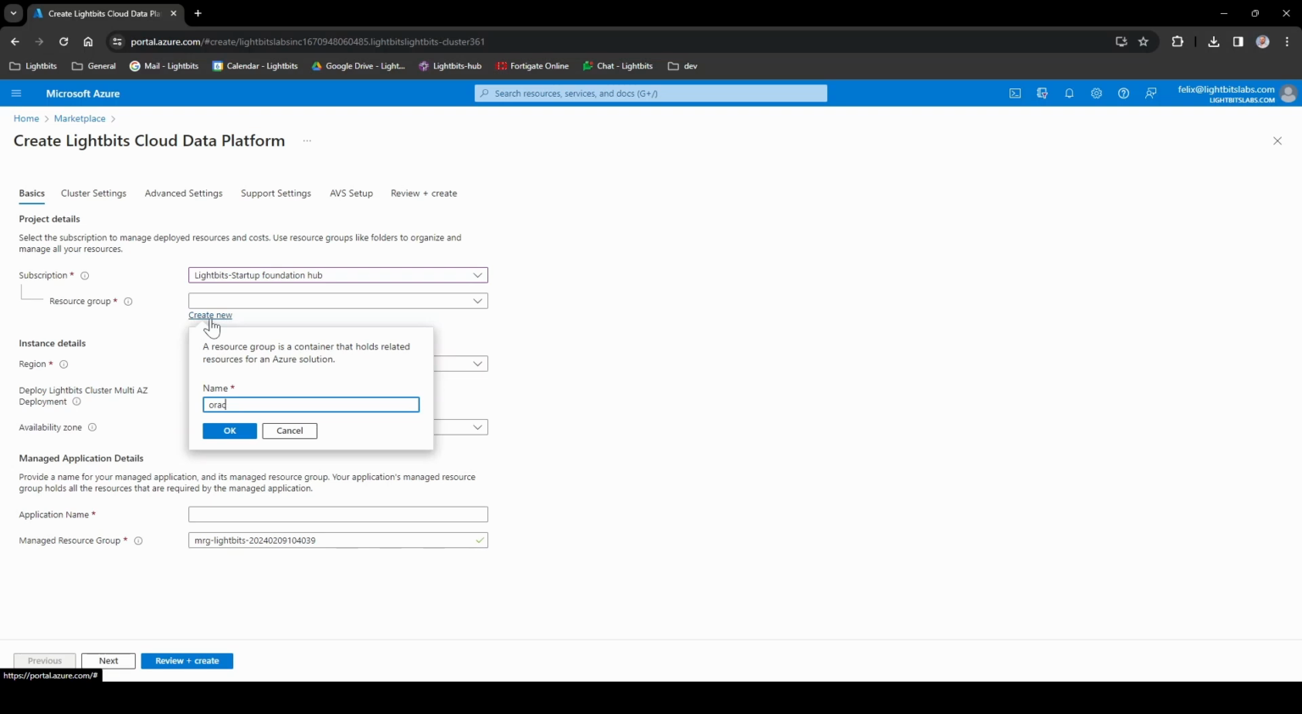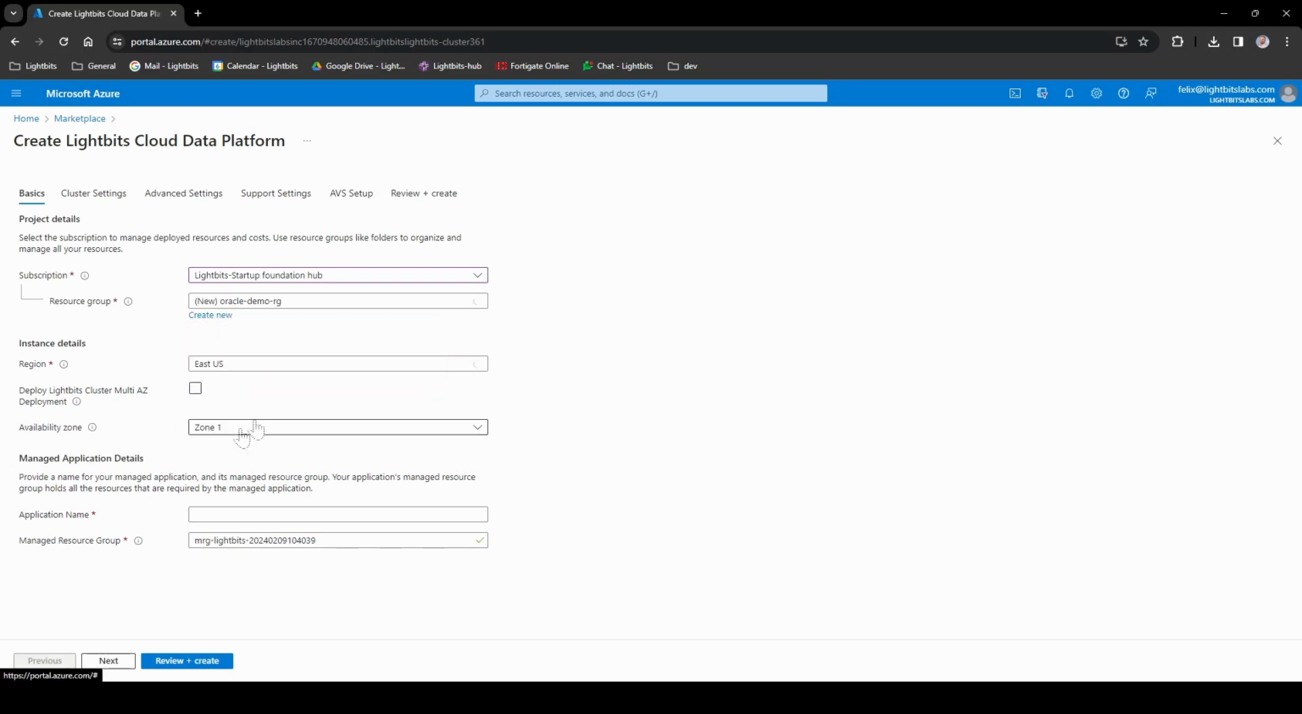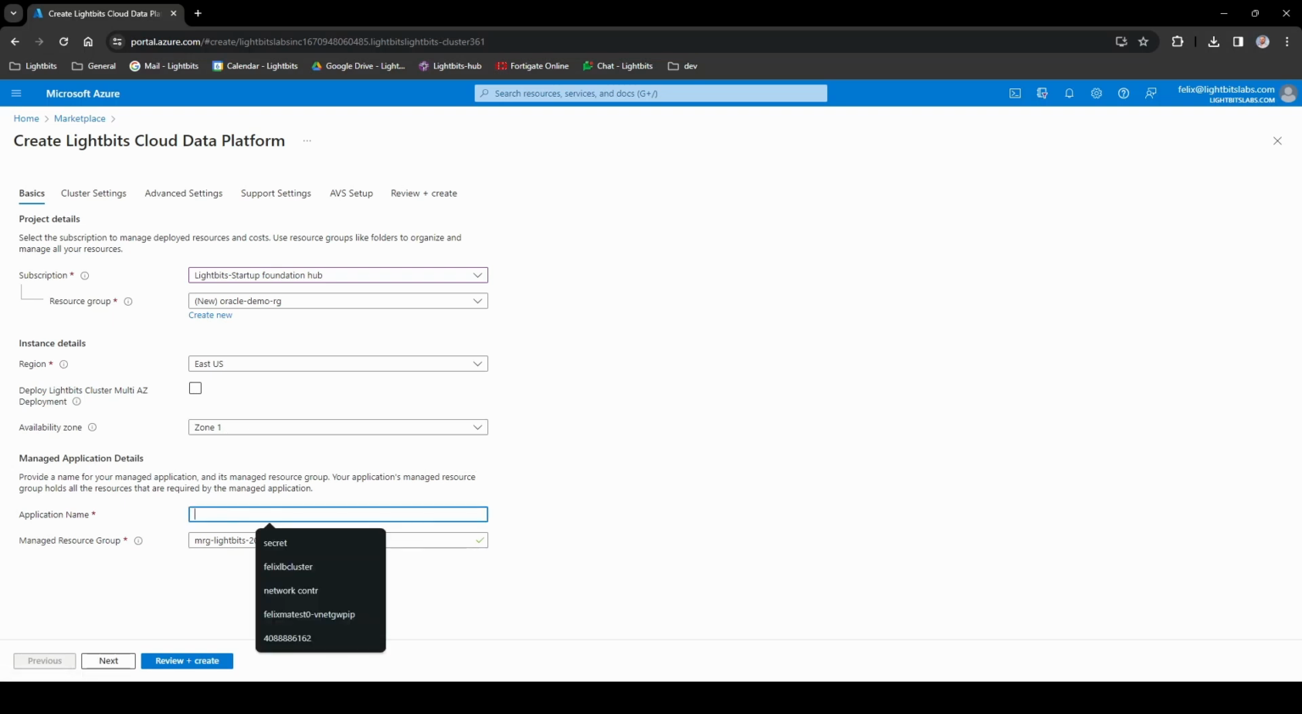We then choose our subscription. And then we can either reuse or create our own resource group. I'm going to create my own on this occasion. We then choose the region we want to deploy into. And then optionally, we can choose to deploy the Lightbits cluster across multiple availability zones. I'm going to stick to one availability zone for this deployment, and I'm going to choose zone 1 in US